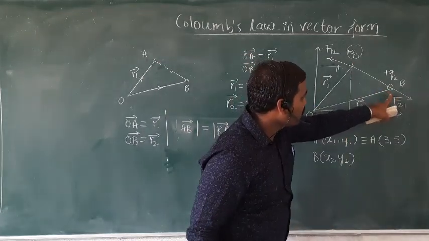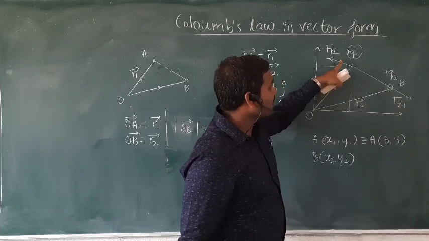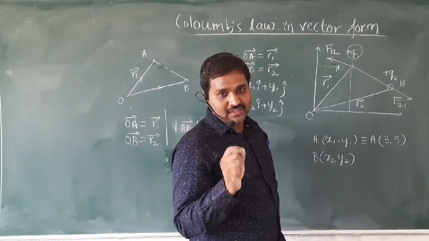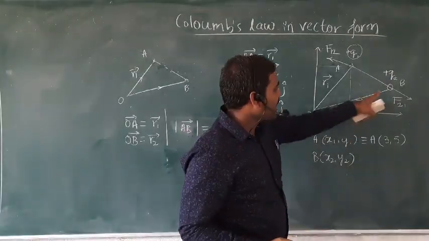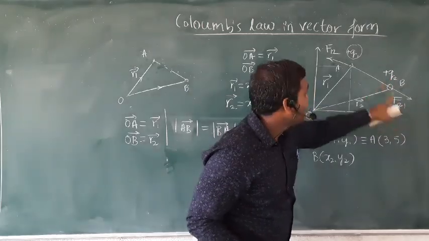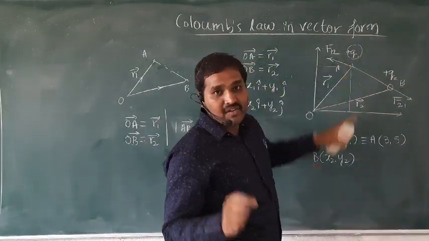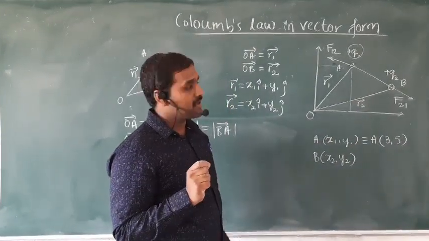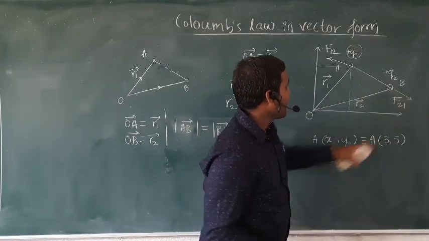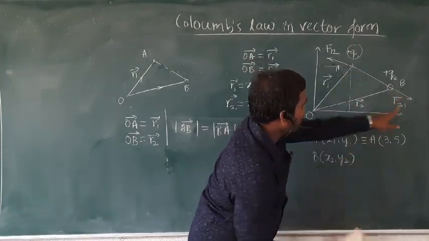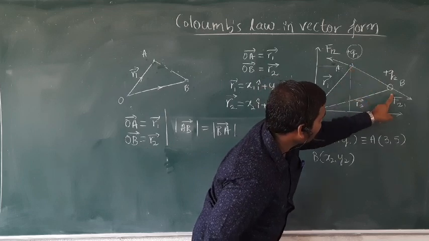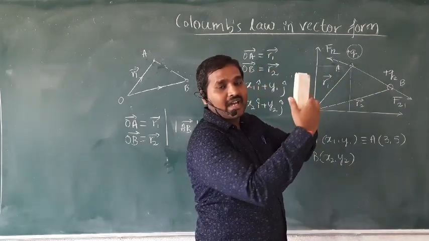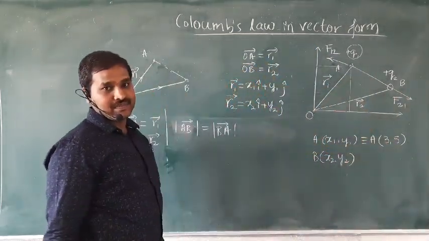So the force acting on Q2, I write it as F21. The force acting on charge Q1, I write it as F12. Actually, they are the same force, so they both are a unique force. But when I consider Q2, I write it as F21. When I consider Q1, I write it as F12. But their magnitude is the same. Is it clear? You can clearly see that F21 is acting along A to B, and F12 is acting in the direction of B to A. Both are acting in opposite directions.